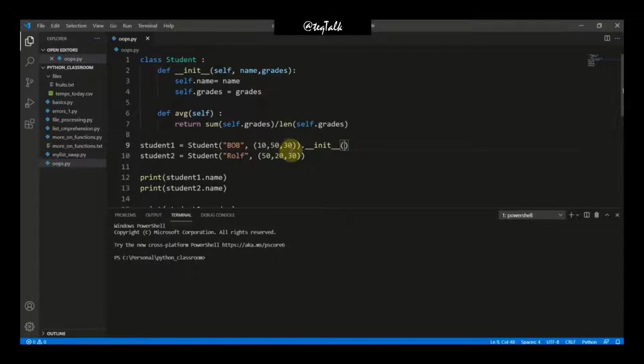So it is happening implicitly in Python. So that's why this init method is called magic method.